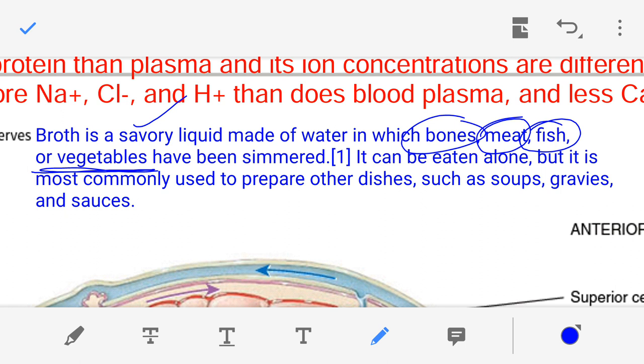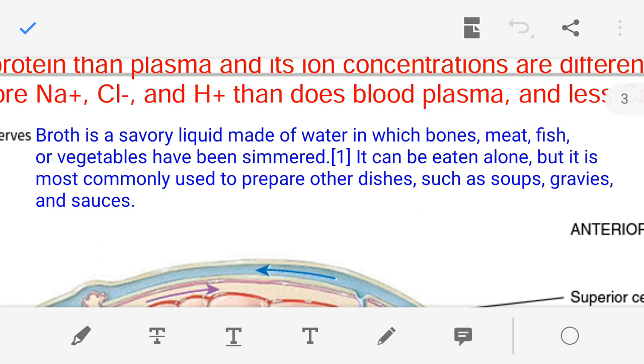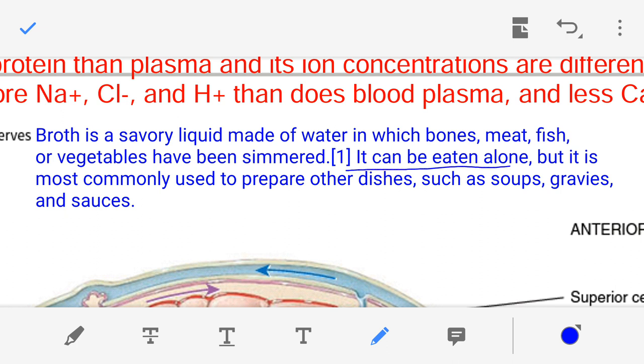The soup that is made of all these items, bones, meat, fish, and vegetables, that savory liquid or soup is known as broth, and it can be eaten alone,